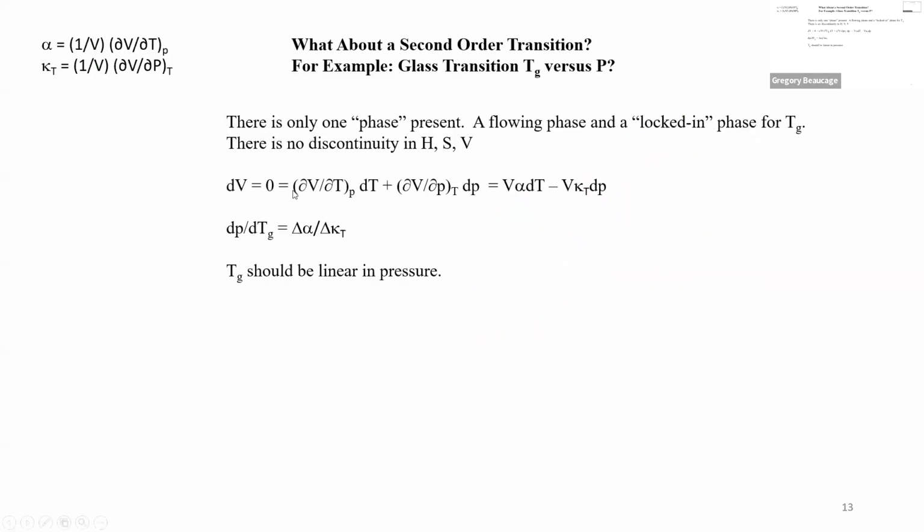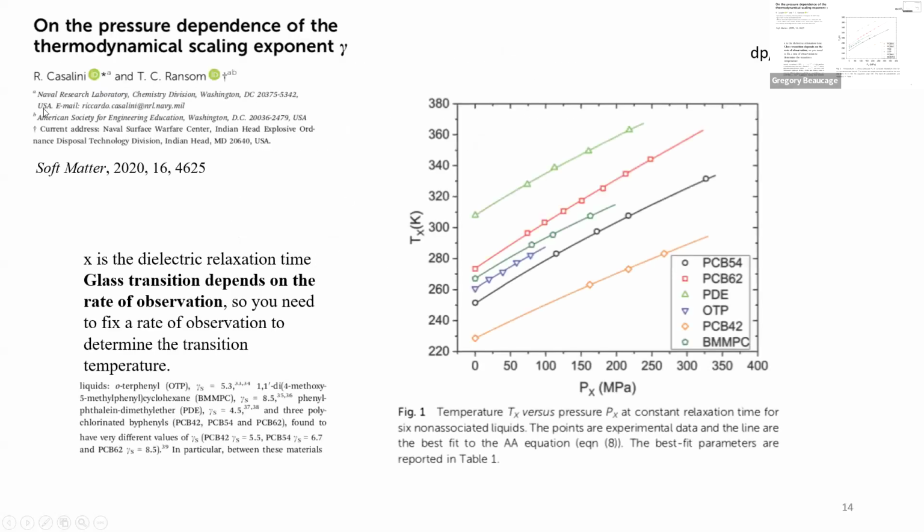So there's no change in the volume. That means if you say the volume is a function of temperature and pressure, dV = (dV/dT) at constant P dT + (dV/dP) at constant T dP, and this is the thermal expansion coefficient. That's the compressibility, the isothermal compressibility. So those are numbers from the table. Then V you can measure, and T and P you can measure. So if you say that delta V is 0, you find out that there's a pressure dependence. So the glass transition temperature is proportional to the pressure, right? Which is kind of verified in this paper by